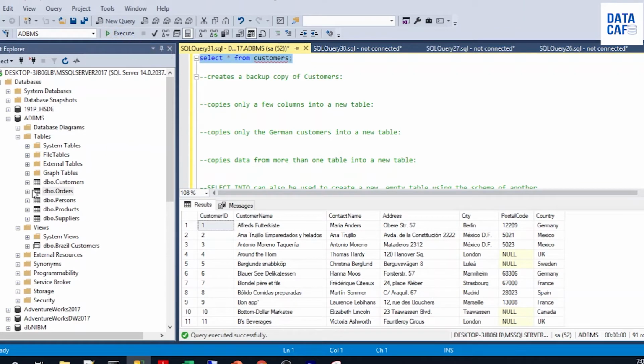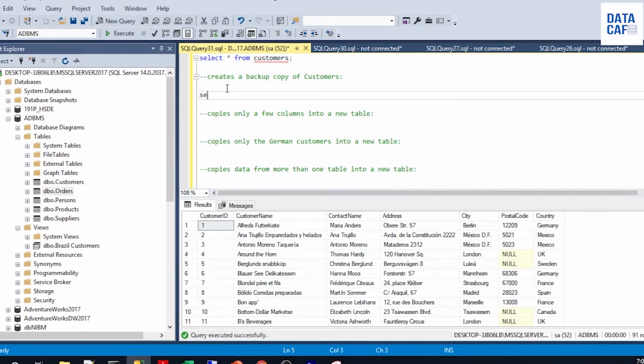You can see there are 91 records available in this table. So the first example is: I'm going to create a backup copy of the Customers table. For that I'm going to back up all the columns of this table, like the first syntax which I explained earlier. Then SELECT *